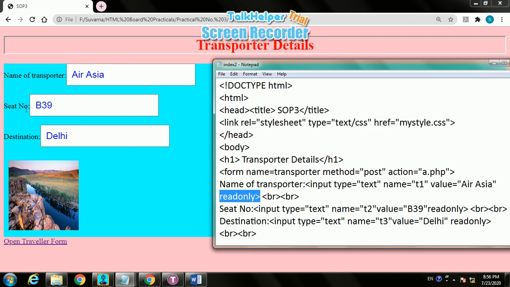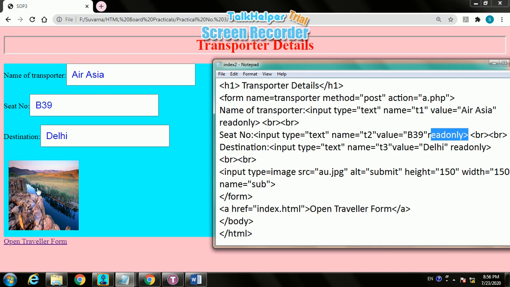Then the second one is the seat number. Input type is text, name t2, and the value provided is b39, and again it is read only. And the third one is the destination. Input type is text, name is t3, and value is Delhi, again read only.